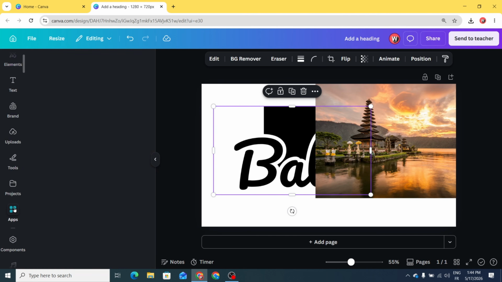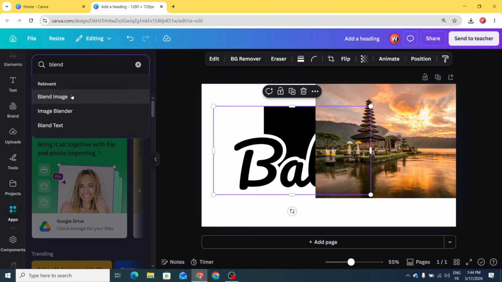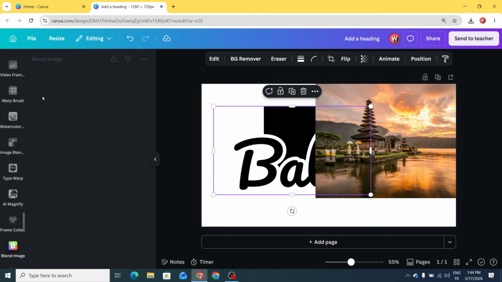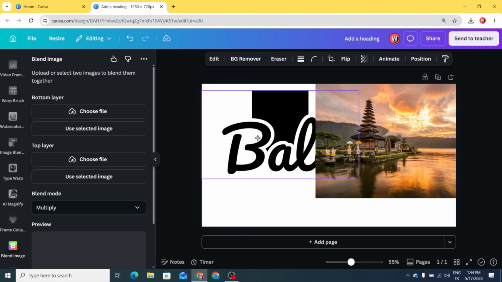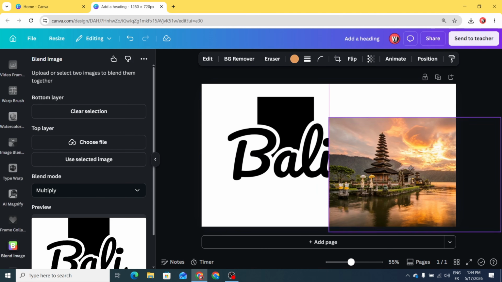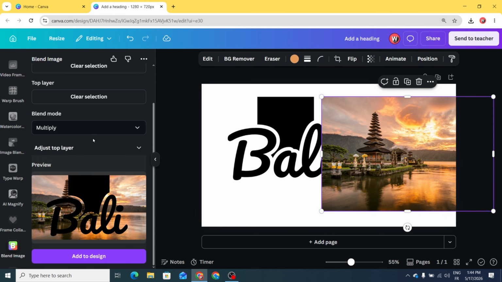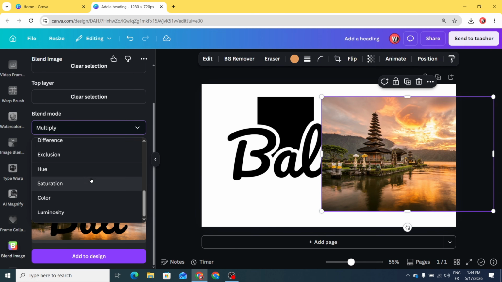Go to apps and type blend image, choose this app, click on this one first, use it in bottom layer, click use selected image, click on the second image and use it in top layer, click use selected image and go to blend mode and scroll down to screen